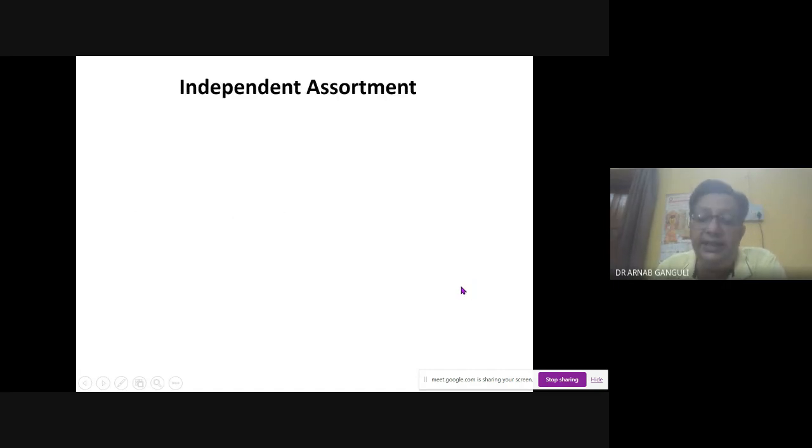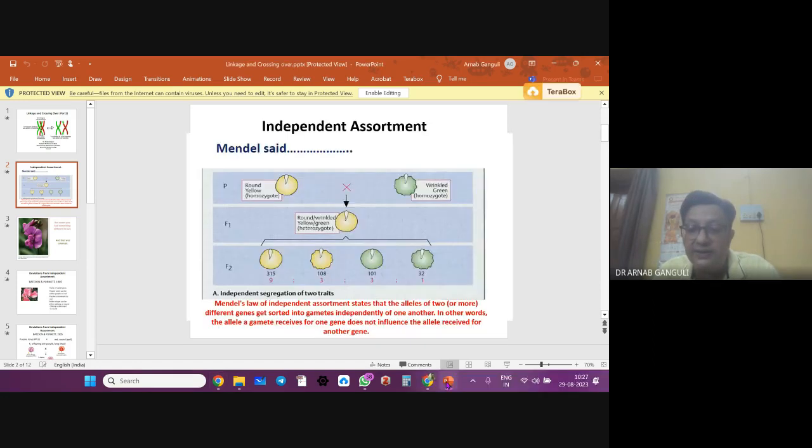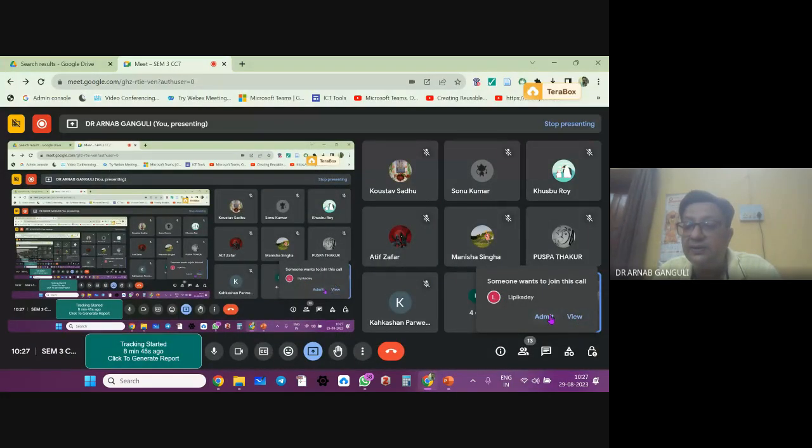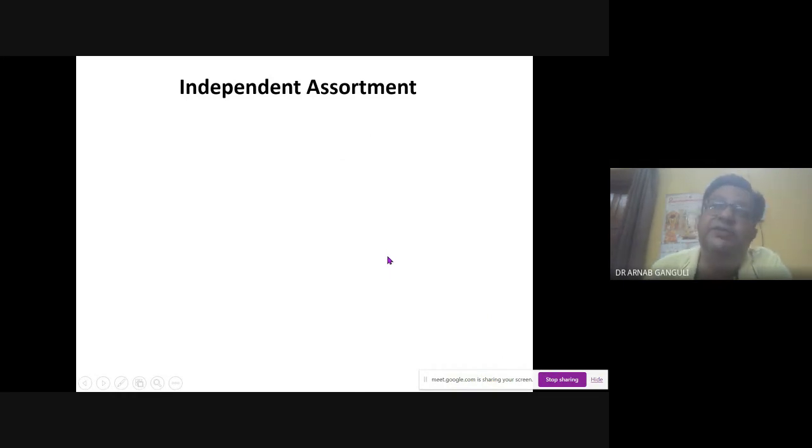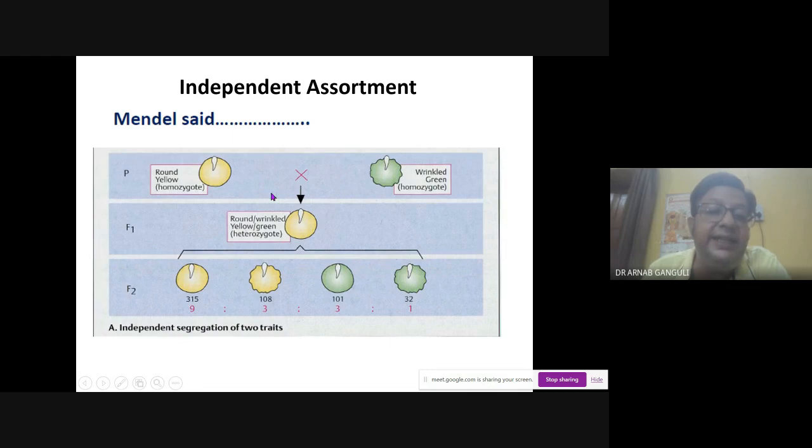So initially, we had known about independent assortment from Mendel's crosses. Mendel said that when you cross, say for example, a round yellow pea, which is homozygous, and a wrinkled green pea, which is homozygous, you get a round yellow pea itself. And this is heterozygous. And when you self-cross them, then you get round yellow, wrinkled yellow, round green, wrinkled green in the ratio of